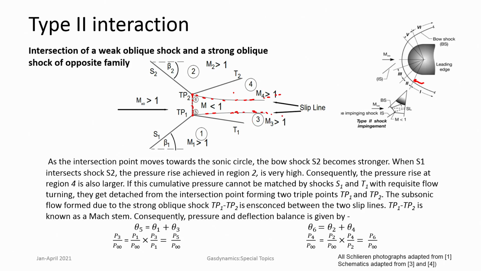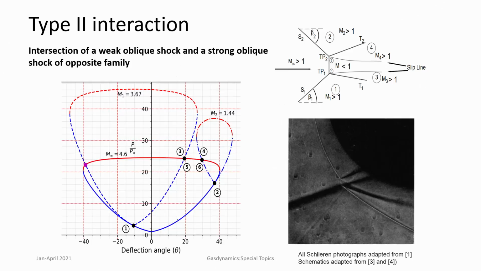So if we try to draw a shock polar for such interactions, we see it is possible to do that, and here you find that this particular shock polar, which is for Mach number 1.44 corresponding to a type 2 interaction, does not have a solution where it intersects with any of the other shock polars, but only along the main shock polar, which is at this point. So you have the 2 points here, 3, 5 and 4, 6, and this is a Schlieren of such a